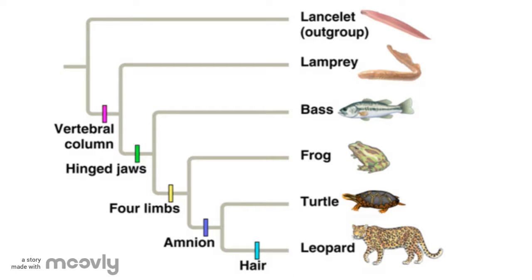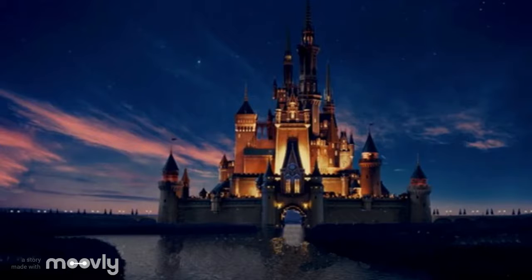You may also be asking, what is an outgroup? This is the OTU that diverged earlier than all of the other OTUs in the tree. All of the other OTUs share a common ancestor, and the outgroup is the most different from the other organisms in the tree. Now let's look at an actual phylogenetic tree.